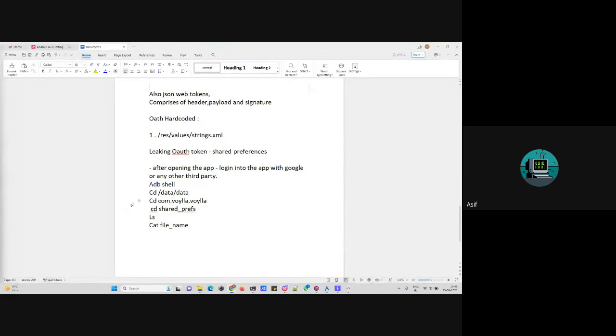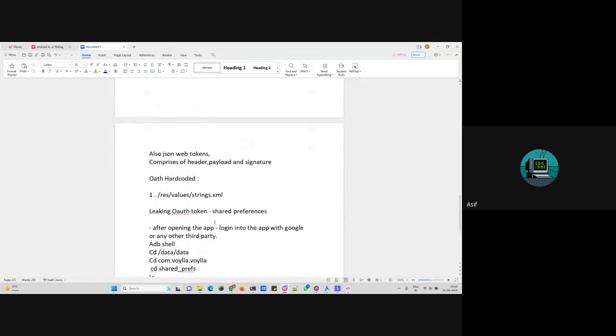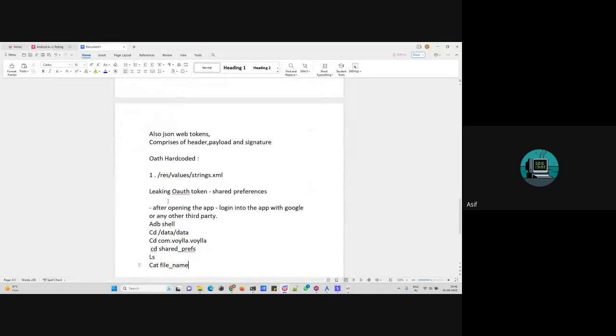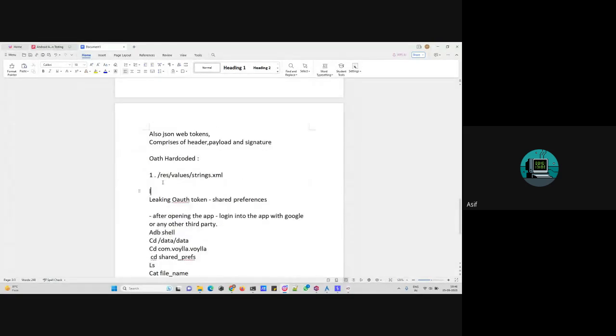Then you have to type cd, the package name, and then cd shared_prefs, ls, and whatever file you see, you have to check every single file with the help of this cat command, cat and the file name. These are the commands that we have to follow for finding out leakage, leaking of our tokens. So this vulnerability name is basically leaking